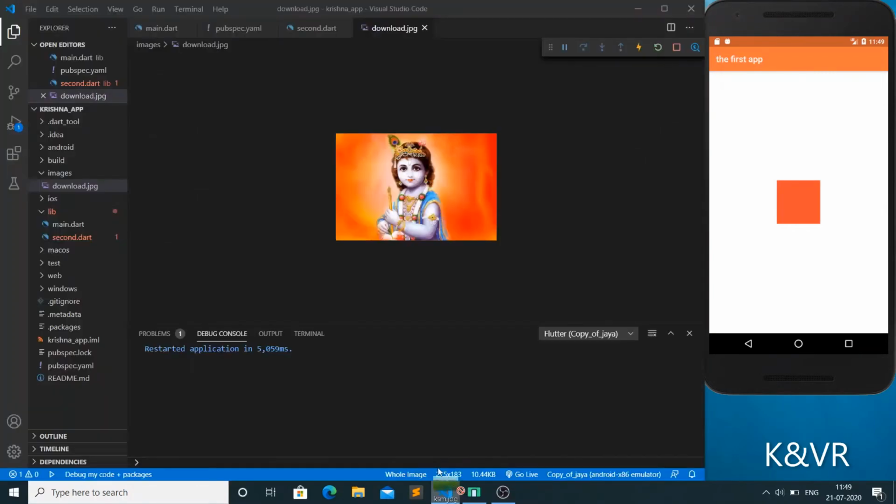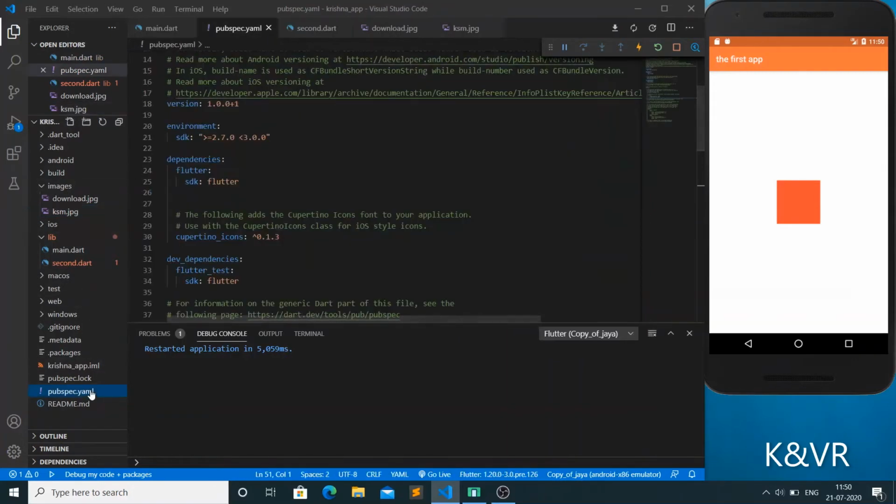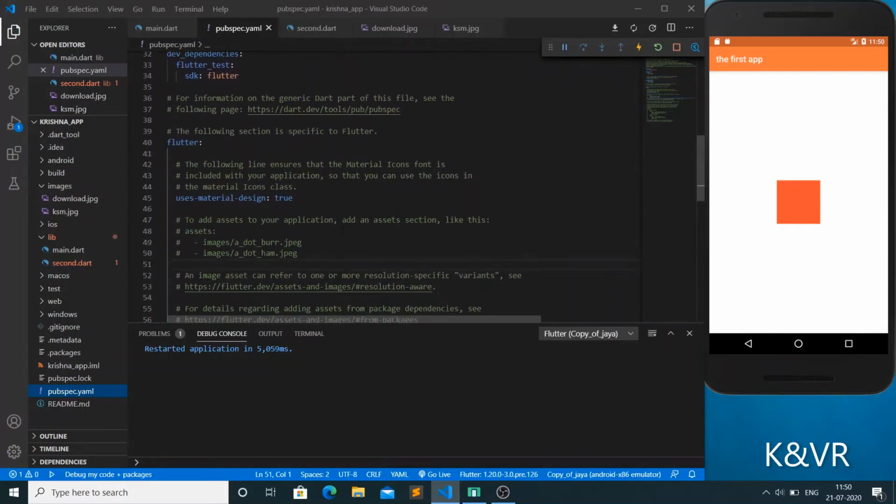Just do it in your lab, copy to the images folder, and now we want to declare it in pubspec.yaml. I am telling you first, whatever you want to use in your app, you first declare in pubspec.yaml. Here assets, images; whatever else you want to declare, like images and styles, like that, we want to declare first here.